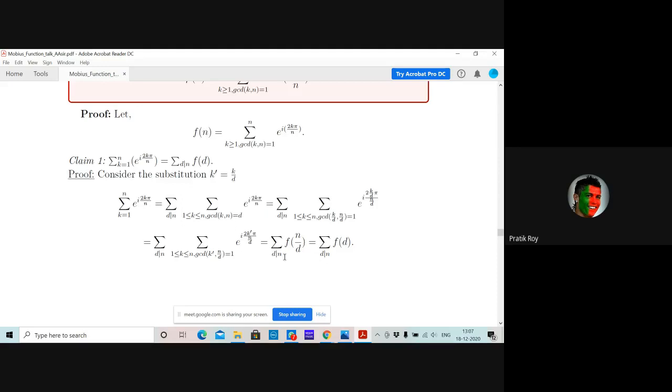So this is nothing but the summation over d dividing n of f(n/d), and that is equal to the summation over d dividing n of f(d), because these two sums are equal, as they are just summing up the same thing in two opposite ways. The summation over d dividing n of f(n/d) goes from left to right, and the summation over d dividing n of f(d) goes from right to left over all the divisors of n. Okay, so basically these are the same, and we have